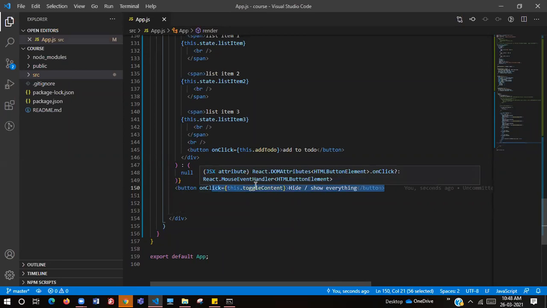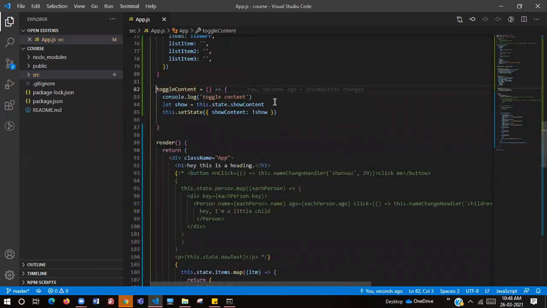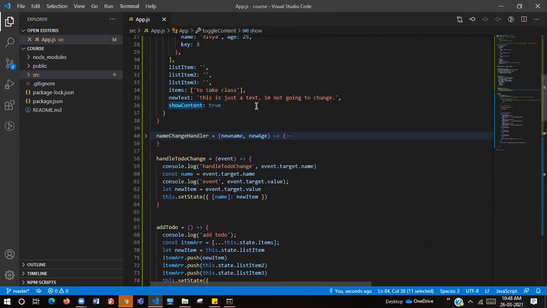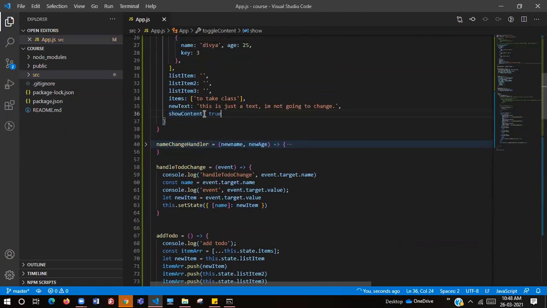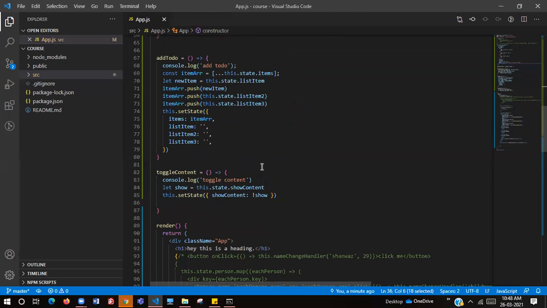So yeah, let me quickly explain it again. We are taking a button and we are calling a new function here, toggleContent. Inside this toggleContent, we are taking this.state.showContent, a variable we already declared in the state as a state variable. By default it is true. When it is true, we should be seeing the content, and when it is false, we should not be seeing the content.